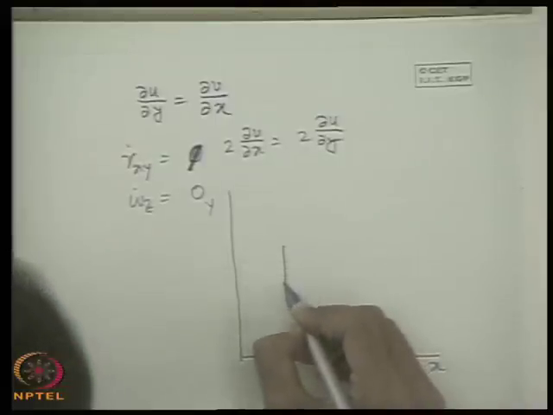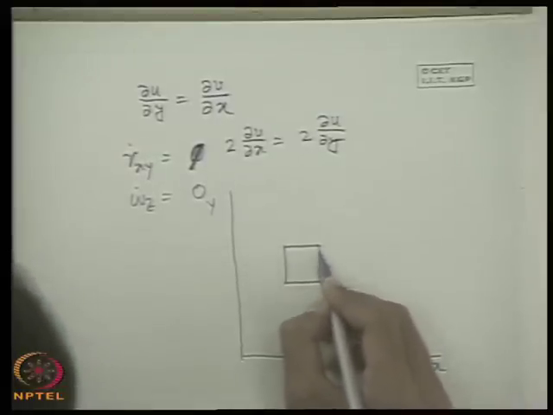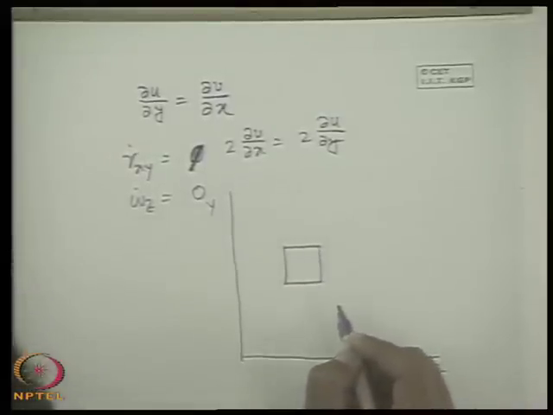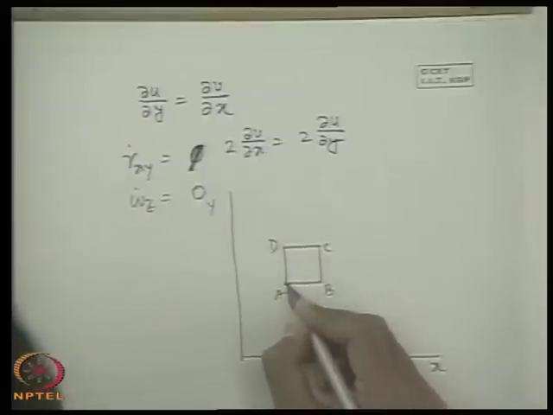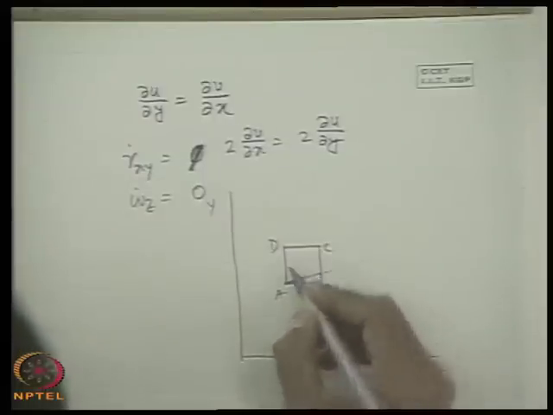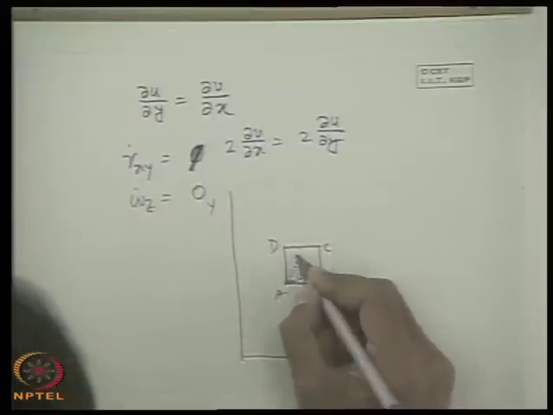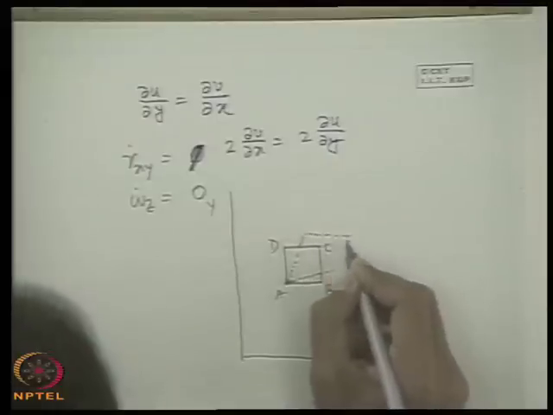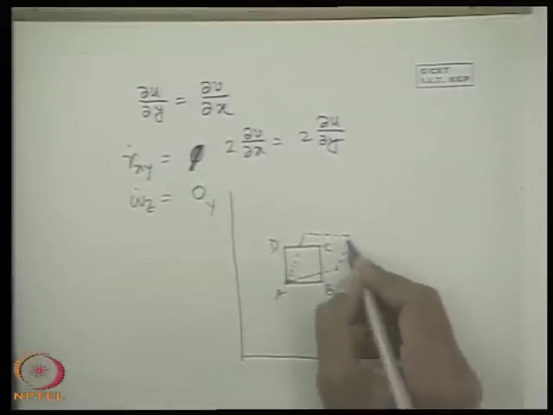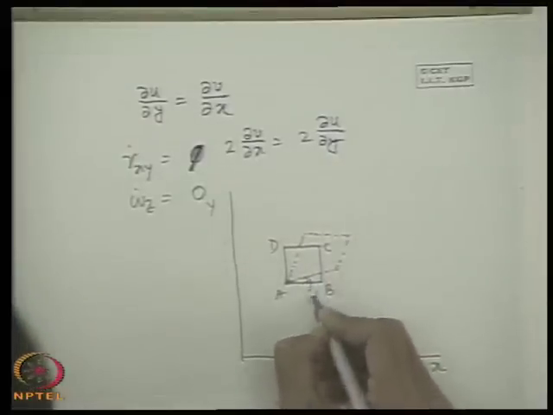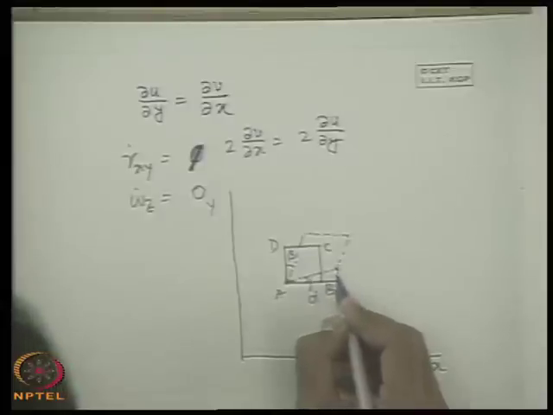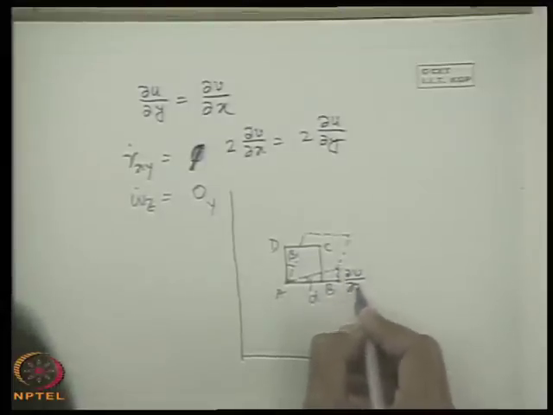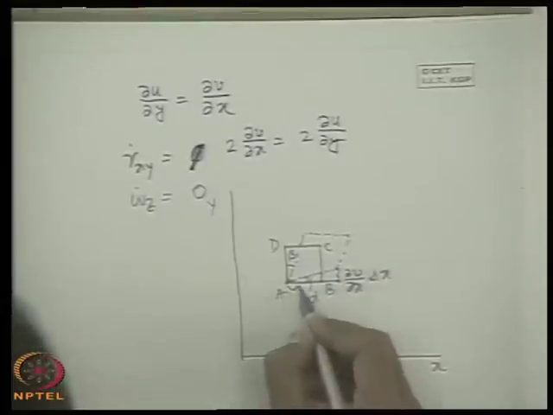This situation is very simple to conceive, in x and y direction. Let us consider the initial particle, element like that, A, B, C, D. A final one will be like this, where this alpha is equal to beta. They are of the same sign. That means if del V del x is positive, this is del V del x, if this is del x.